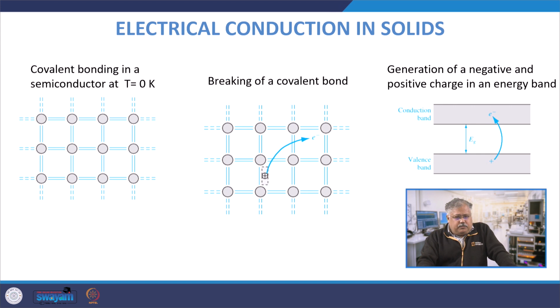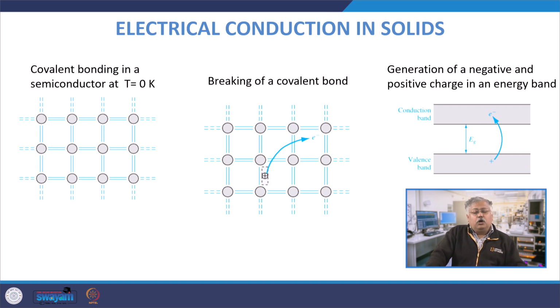So let me give you a brief account of how electrical conduction in solids takes place. Now if there is covalent bonding in the semiconductor at T equals 0, implying that there are no free electrons available, therefore at T equals 0, even if you apply some bias, you won't find any electron flowing. However, if you increase the temperature, or if the covalent bond between two atoms is broken